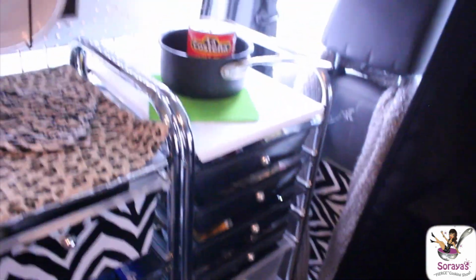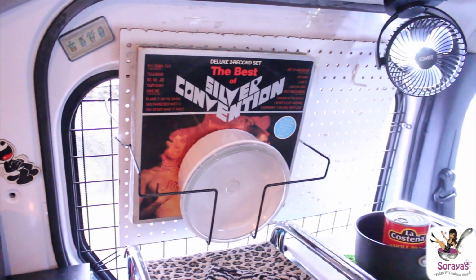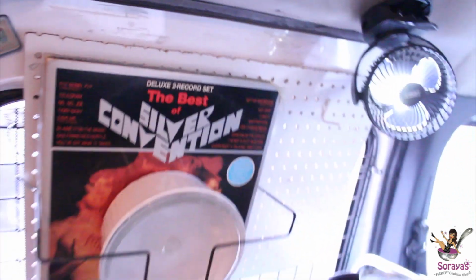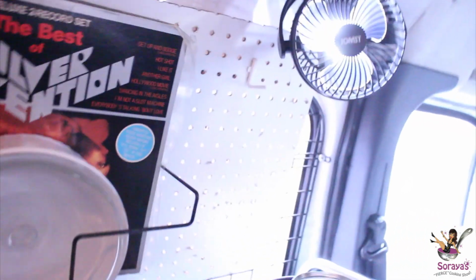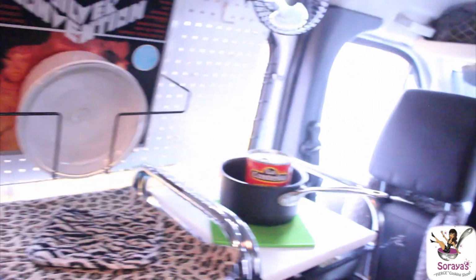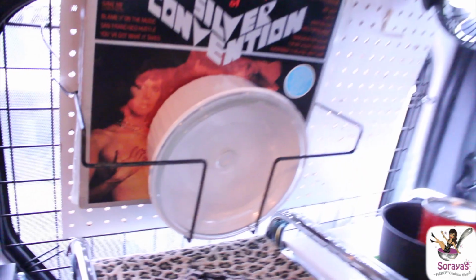I have this Coleman paper towel holder that's holding my towel for now. And then the really cute thing that I did, which was going to happen because my cooking show is influenced with disco, is I have an LP rack on pegboard there. I have an LP rack, which I have a few left still from when I had my record store. It has Silver Convention, and in the back has Donna Summer, being the disco freak that I am, and a Corningware pan. I had to bring a touch of disco and record storeism to this kitchen,